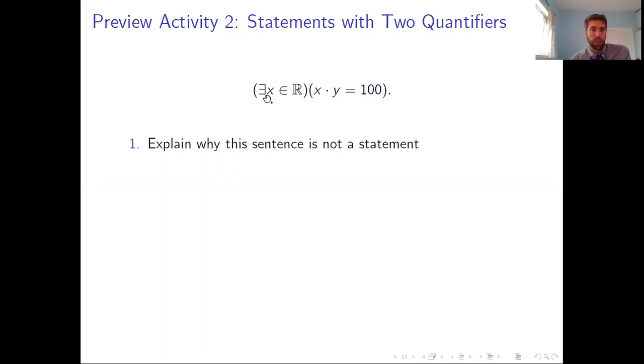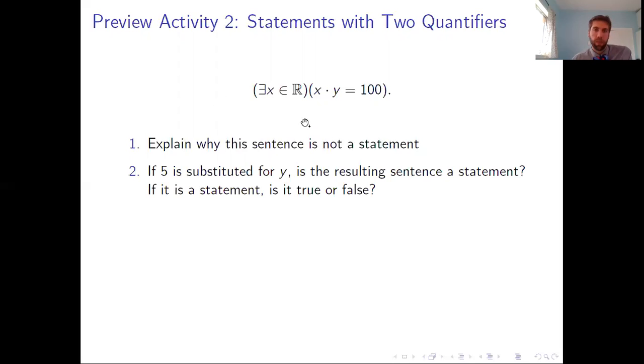Well, x is a closed variable because it has a quantifier in front of it, but y is an open variable. And so any sentence with an open variable is an open sentence, otherwise known as a predicate. So a predicate is not a statement. A predicate you can think of as like a function that takes different values of y and gives you